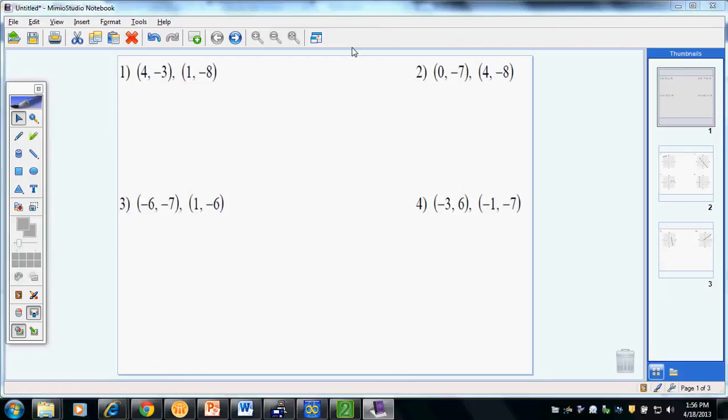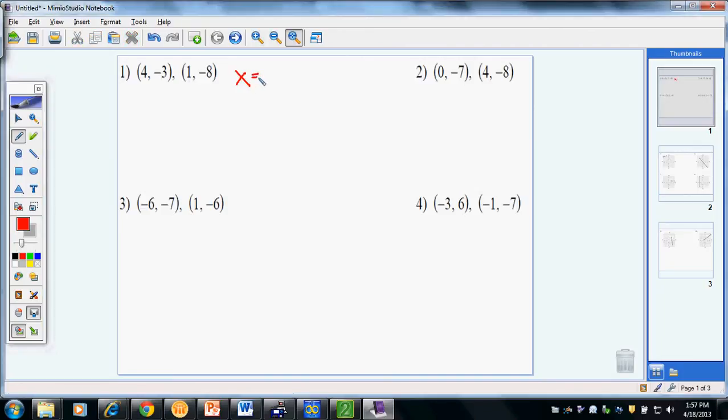This is the homework for the distance formula assignment that was given out on Thursday, April 18th. So let's go ahead and review here that we're going to find the distance between these two sets of points right here. Using the formula, we'll say the distance equals the square root